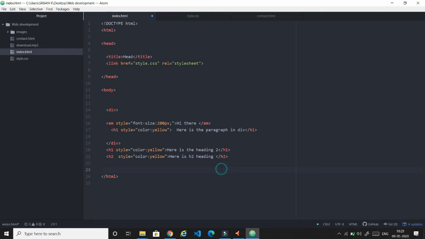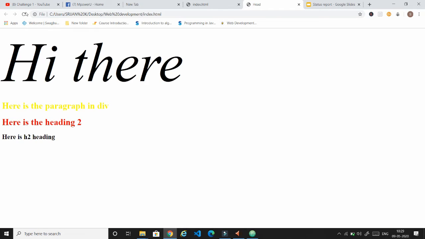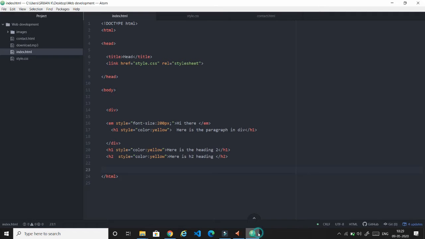If I do it like this, I will get all the H1 and H2 in yellow color. As you can see, it is in yellow, but it's very difficult if you get any error, and it also has more lines when compared to the external CSS. So this is the main disadvantage of using inline CSS.